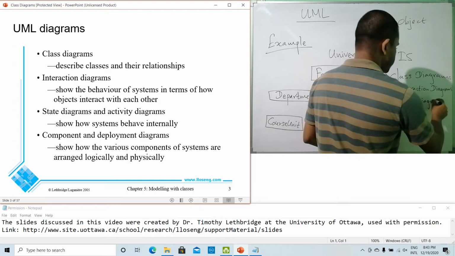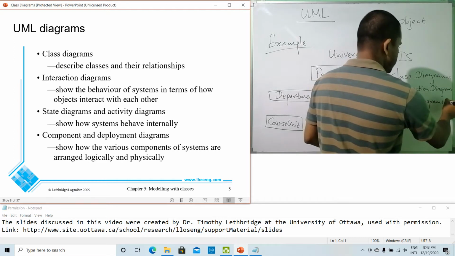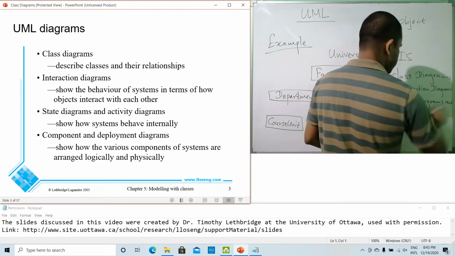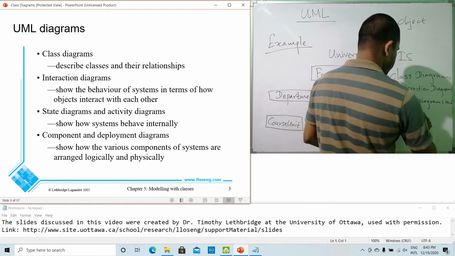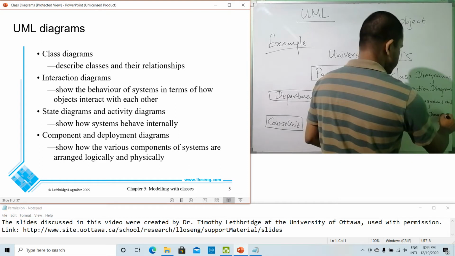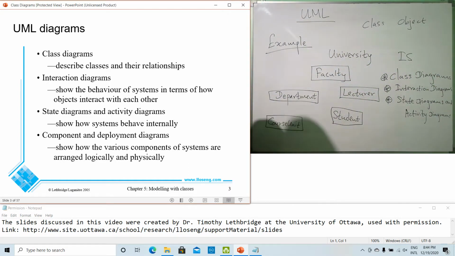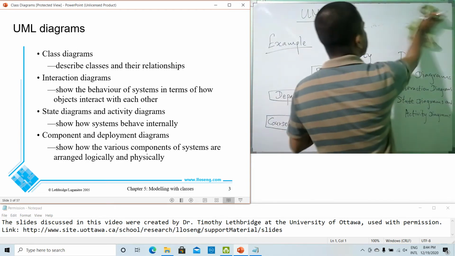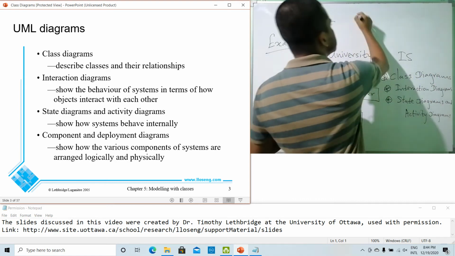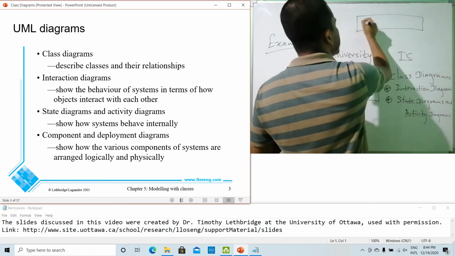State diagrams and activity diagrams. Okay, so for an example, if a particular student wants to perform a certain calculation using the system, for an example, he or she presses a button,